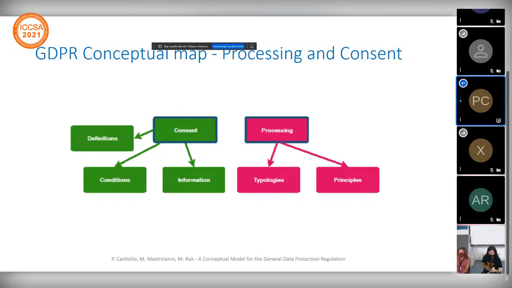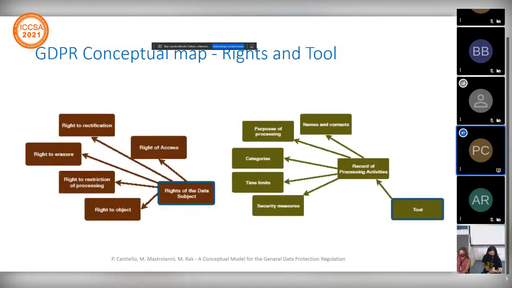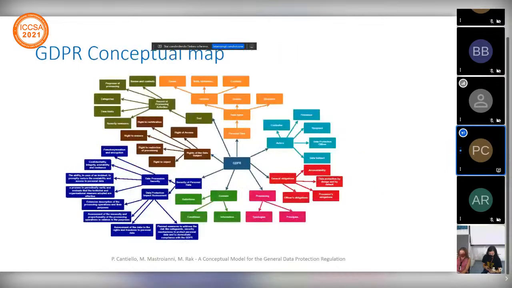Processing, type of processing, I go faster on this. How security of personal data must be assured with the data processing and security, or data protection impact assessment, which is the hard process we can try to do easily with this aspect. Okay. This is the whole map representation of the GDPR, and after starting that,